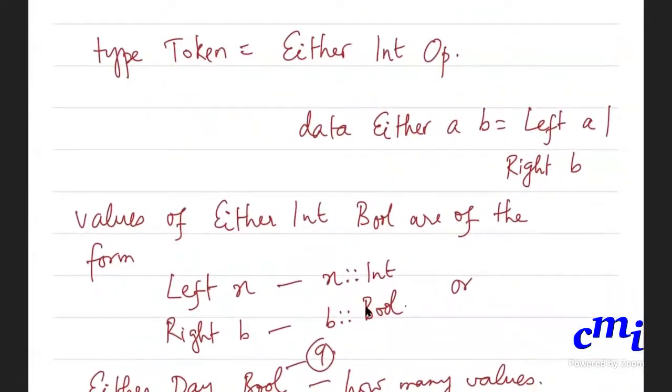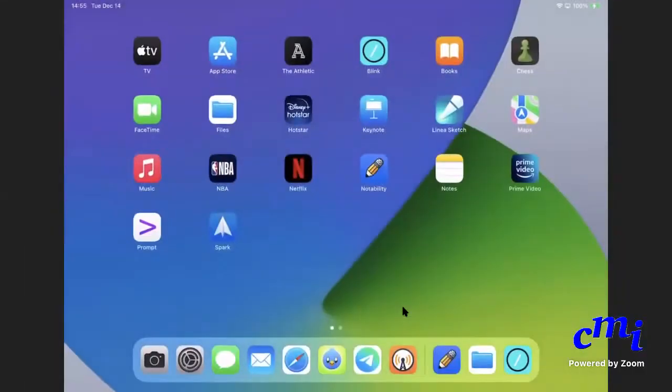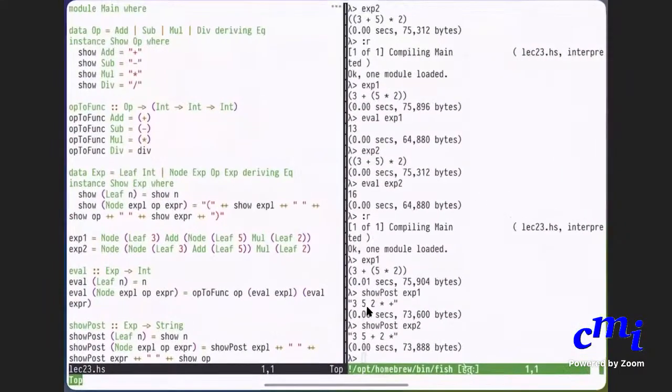Yeah, either A or B, it's a union type as they call it. So you put one constructor called Left, where all values of type A will be, or you say it's Right, you put a tag Right, and that will be all values of type B. Okay, sir. Yeah, okay. So let me go back to my program.